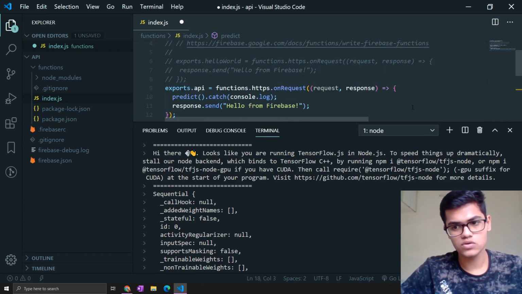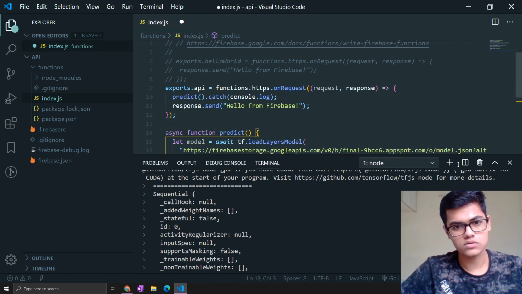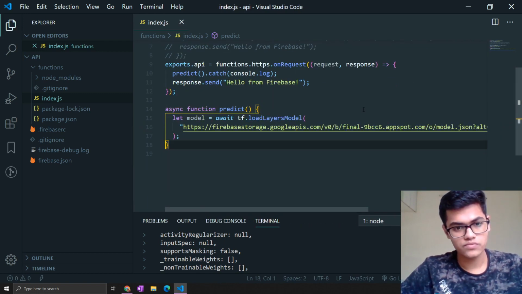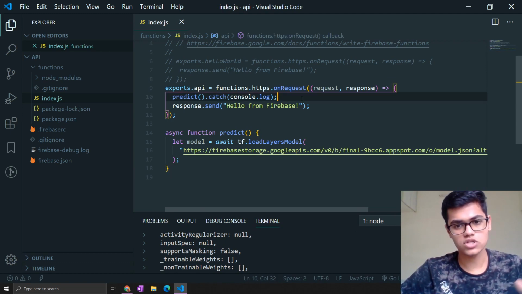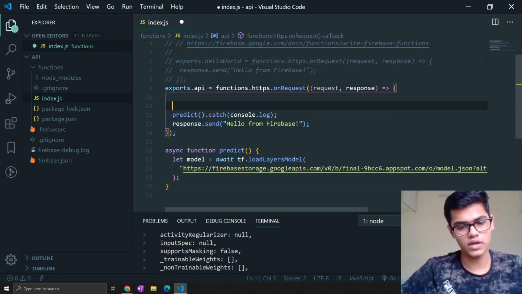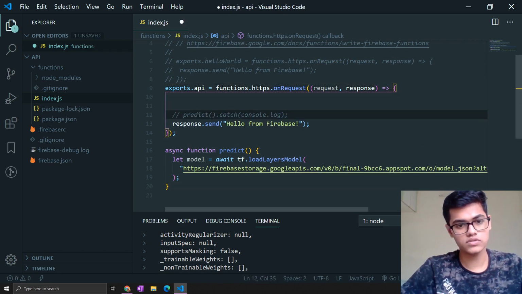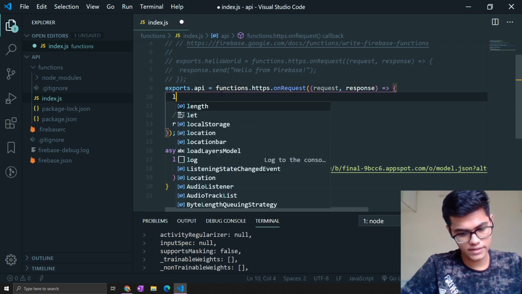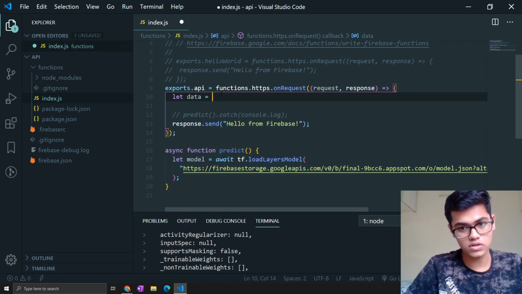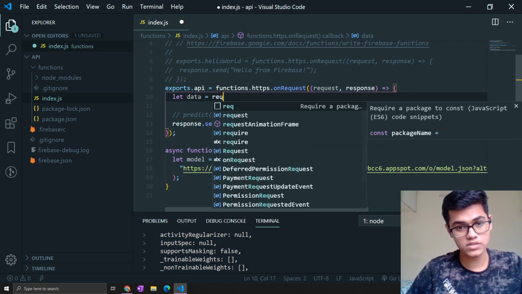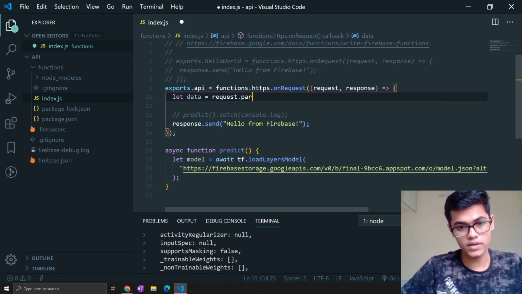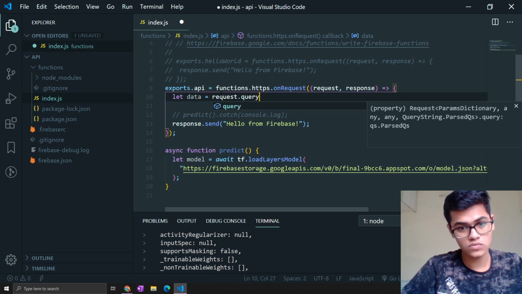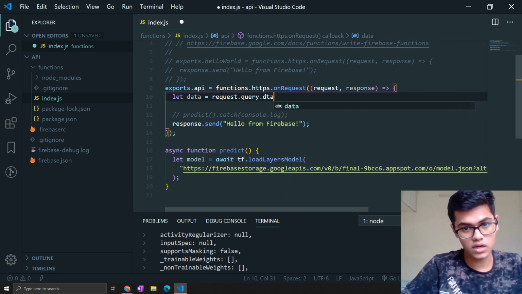So now what we will do is first pass the data through the parameters or the queries to this request object. For that, just comment this out first. So we will get the data. The data is equal to request.query.data.